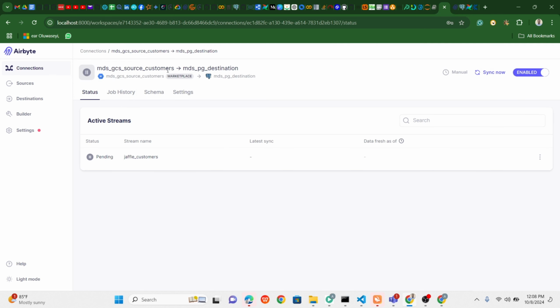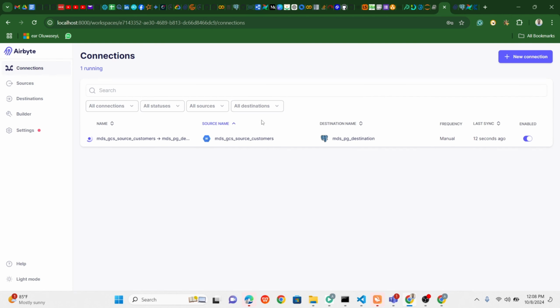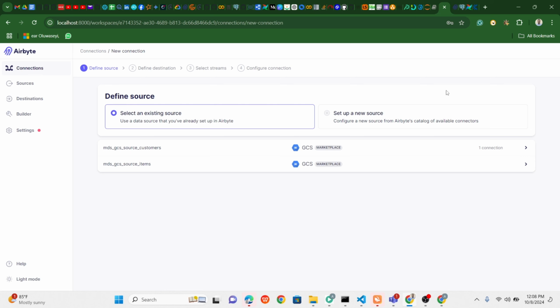So you can leave this connection name as it is. Look, this is the connection name, or you can edit it. So I can decide to do sync now, and it will start syncing the data. So let me click on sync now. While this one is syncing, I would then start up the second connection, which is the items table. So new connection,